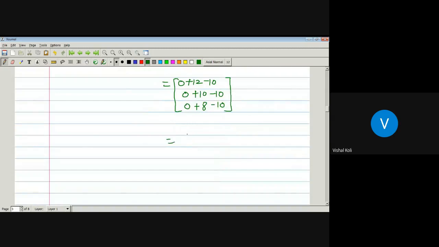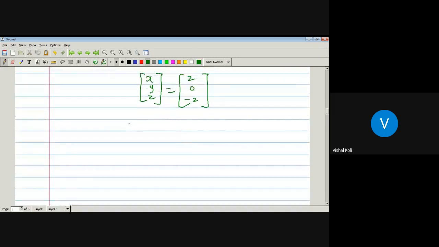So here this matrix is nothing but 12 minus 10, 2, plus 10 minus 10 get cancelled, 8 minus 10, minus 2. So here x, y, z is equal to this one. Then by equality of two matrices, what is the value of x? x is equal to 2, y is equal to 0, and z is nothing but minus of 2, which is the required solution. Okay, now let us cross verify whether x equal to 2, y equal to 0, and z equal